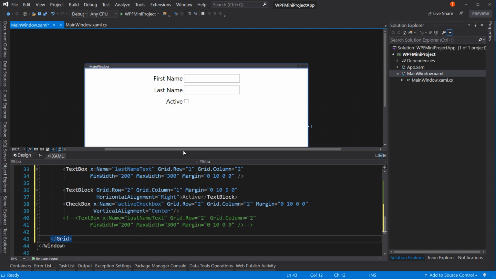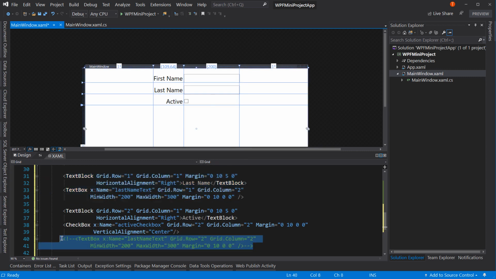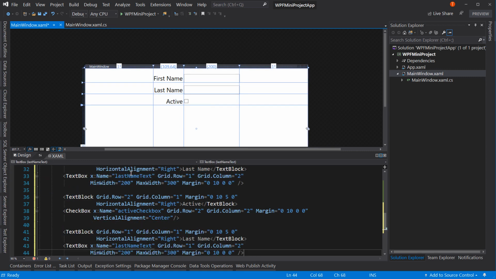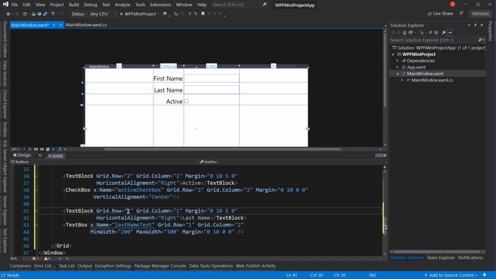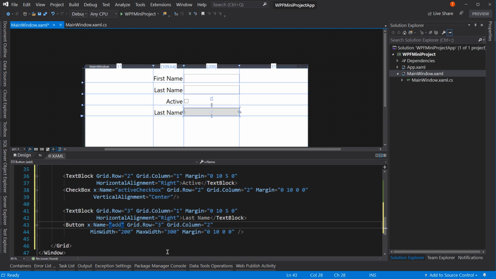We can go with our next, which I'm going to copy the one up here since it's more in line with what we're doing. I'll delete this comment and paste in this. So now this is on row 3. And this is on row 3, but instead of a text box, it's going to be a button, and it's going to be the add button, add address,